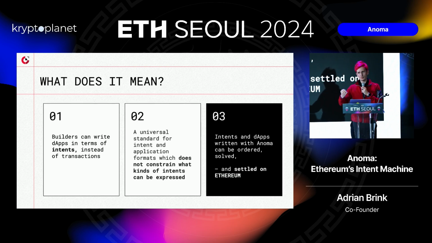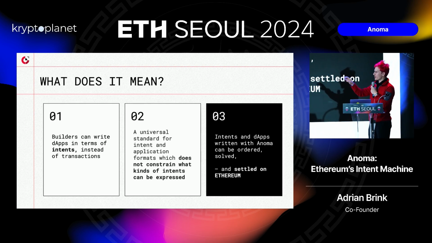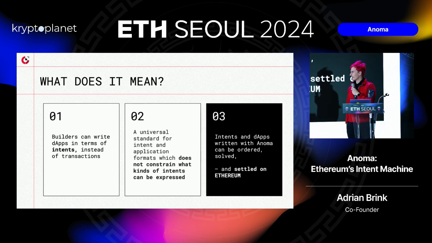And as a user or developer, I just have to think, I'd like to do a specific thing. And as a user, I can then define which security model I'd like to execute this in, right? I write my intent so that it is capable of being settled in either Ethereum or Base. And the nice thing is you also get composability here, which I'll talk about in a little bit.